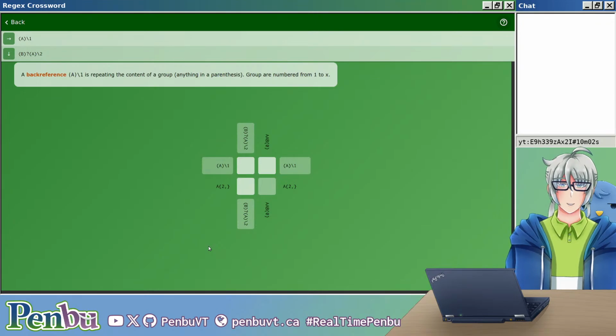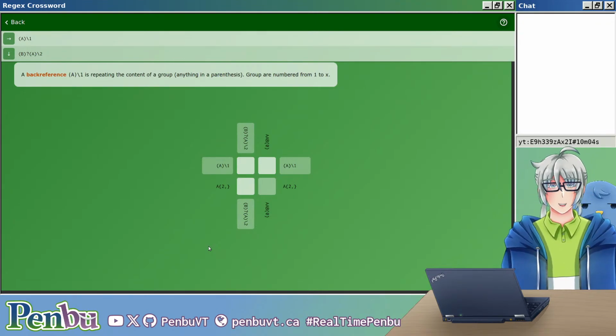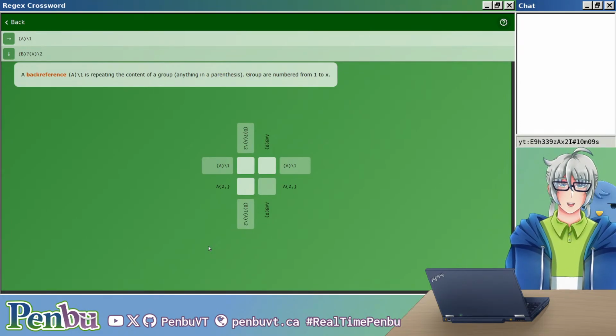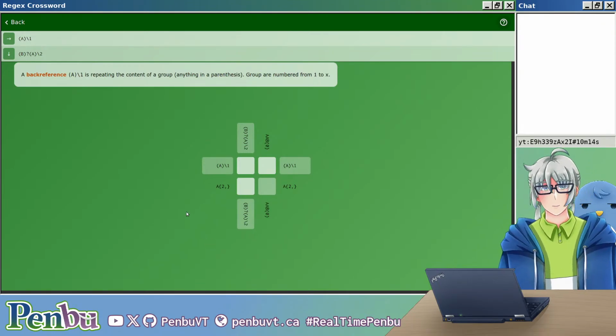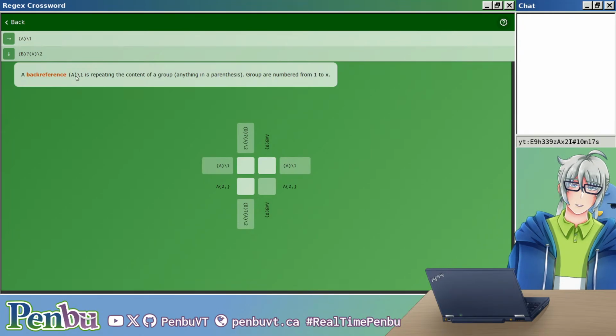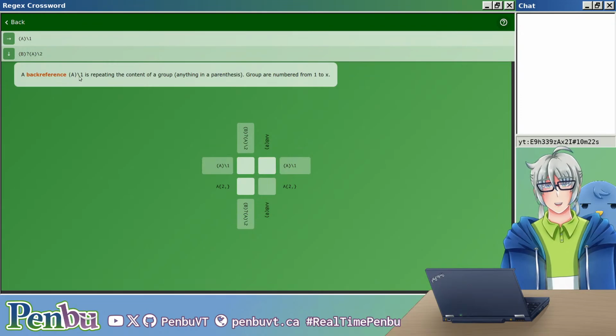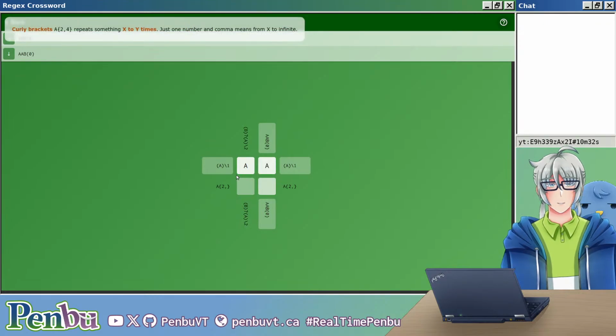Back references. So in parentheses A, and then backslash 1 is repeating the content of a group, anything in a parenthesis. Groups are numbered from 1 to X. So in this case, this one is saying that you capture the pattern A, and then you reference that, so this ends up being AA. And that would be here. So this forces that to be A and then A, because it only has 2 characters. And then we have AAB